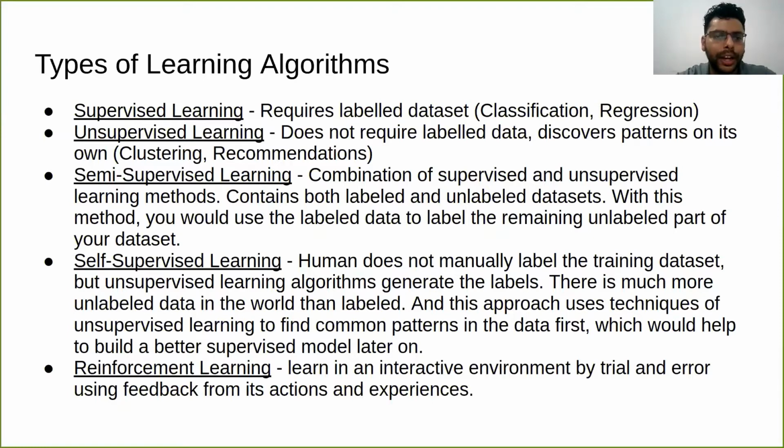One algorithm is called supervised learning. This is where we have something called a labeled data set. Suppose in the case of classification of a dog or a cat, we have a bunch of images, and we have to label each image, saying that this image is a dog and this image is a cat. That is called a supervised learning algorithm, which is the most common kind of algorithm used in the machine learning and deep learning domain. And this supervised learning can be used for classification purposes.